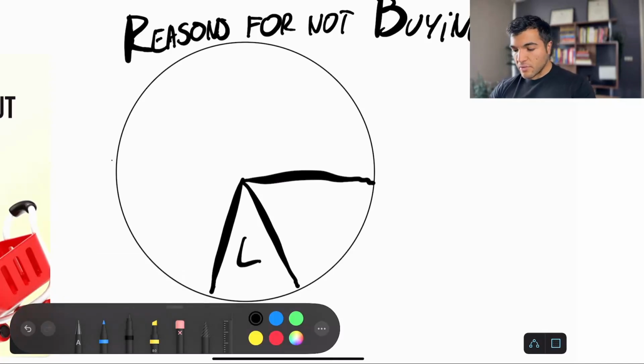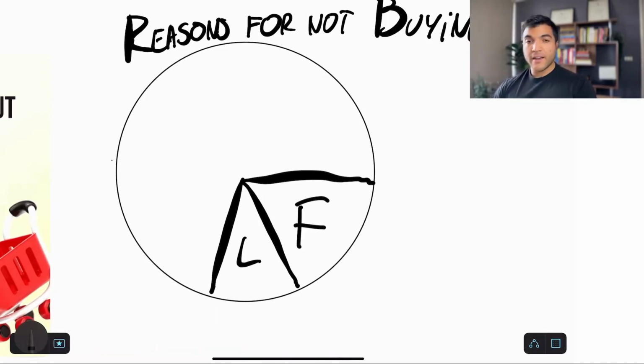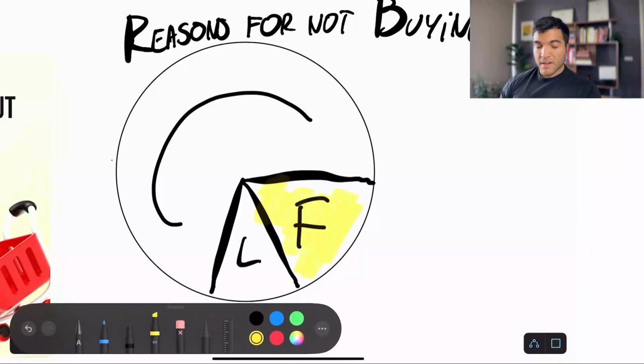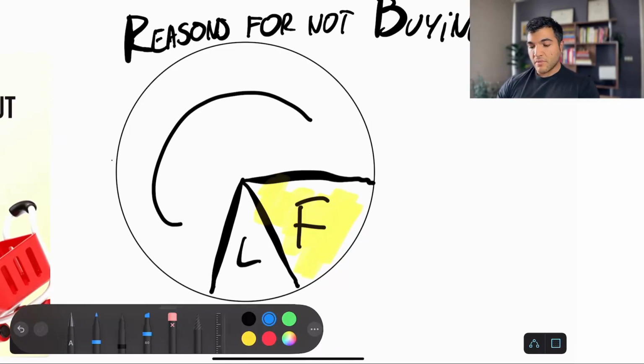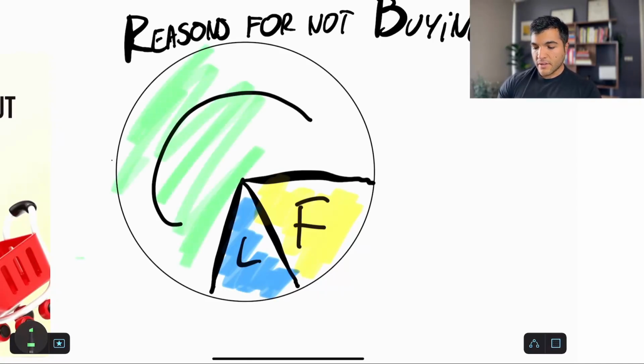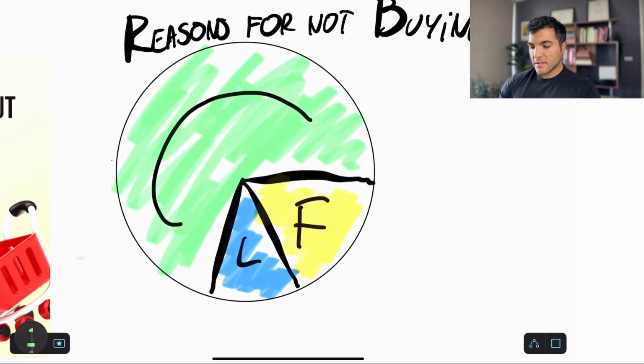Then we have another big group, which is forgetting about the cart in this instance, just forgetting about the cart. Then we have logistical issues. But then we have everything else that is right here, because these two groups just make up for a small subset of the reason. But if we want to improve conversion rates in cart abandonment flows, but also in other flows like your welcome flow, your browse abandonment flow, and also your campaigns, we have to address all of these other reasons, which are right here. And this is what I call